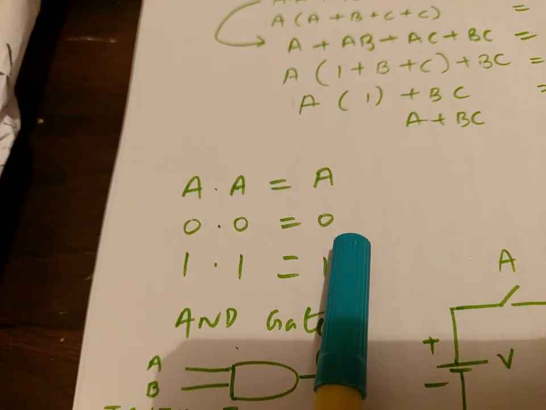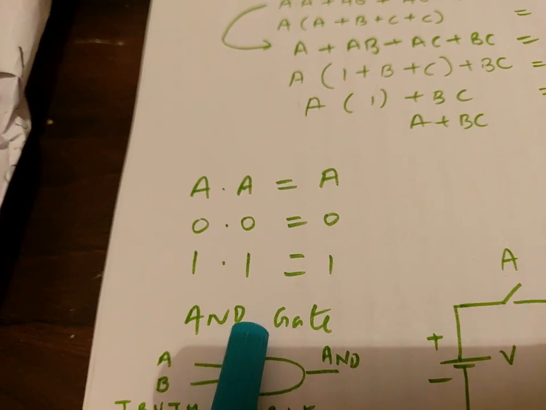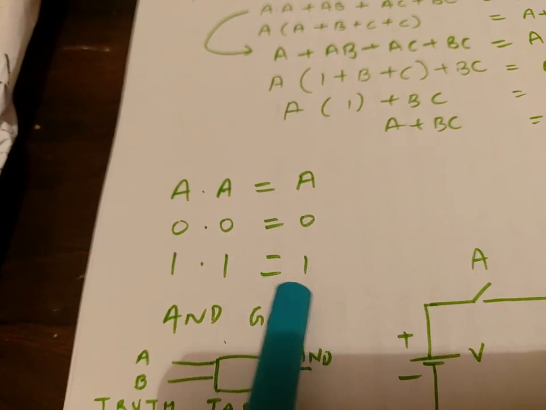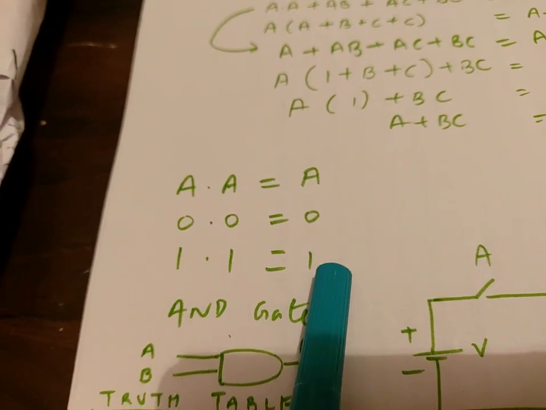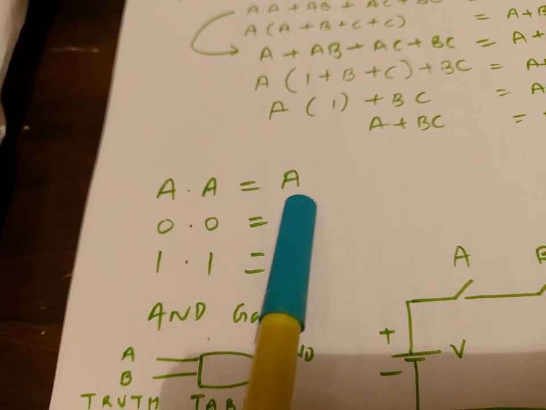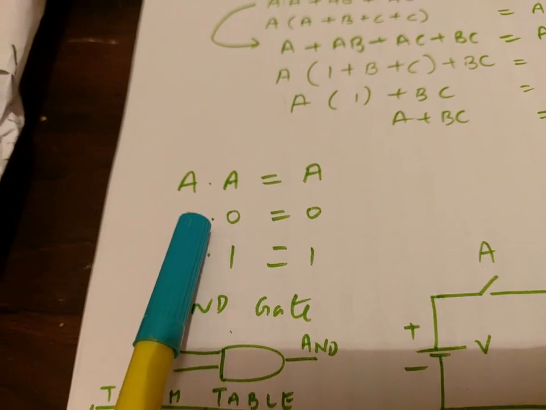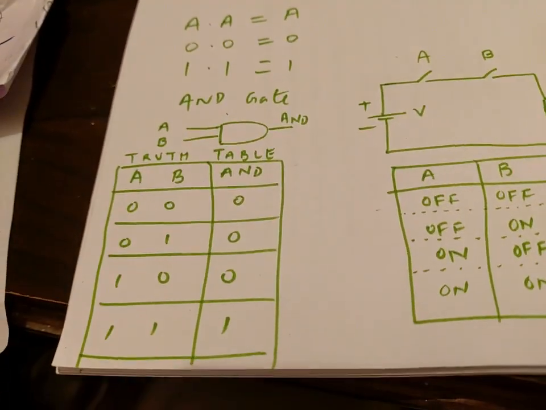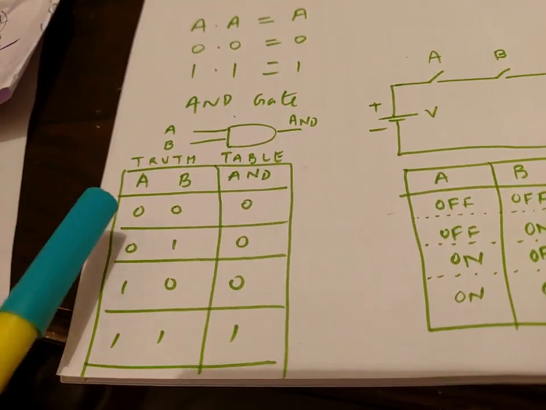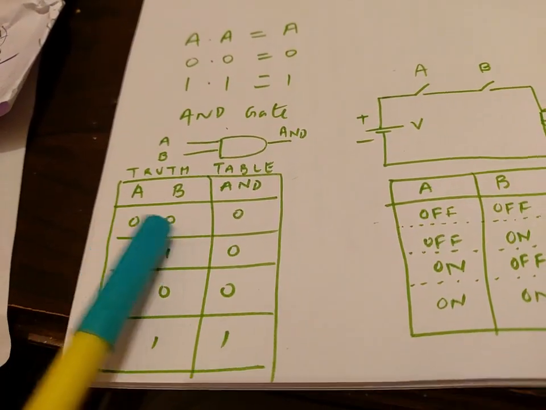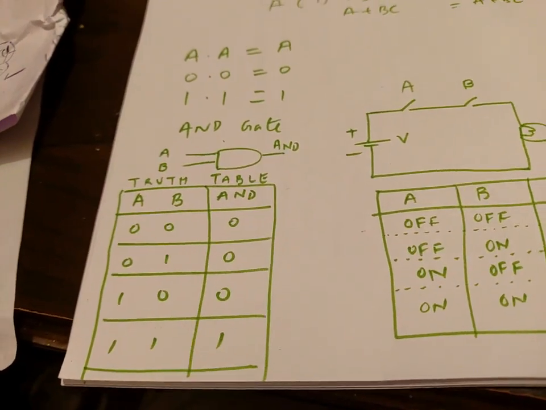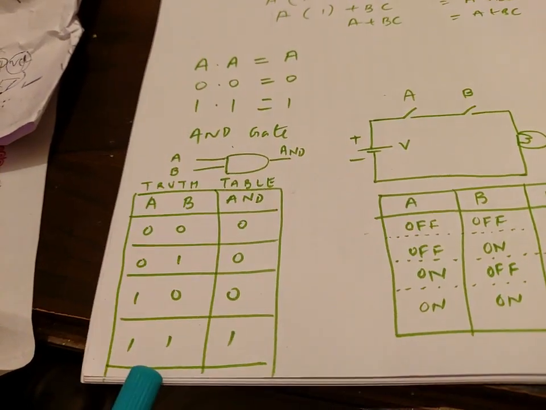0 will give 0 using the AND gate, and 1 ANDed with 1 will give 1. So if A is equal to 1, it will be 1. So A dot A will be A. If A is equal to 0, then 0 dot 0 will be 0. To prove this behavior, that A ANDed with A, which is both inputs 0, gives a 0, and if both inputs are 1, gives a 1,